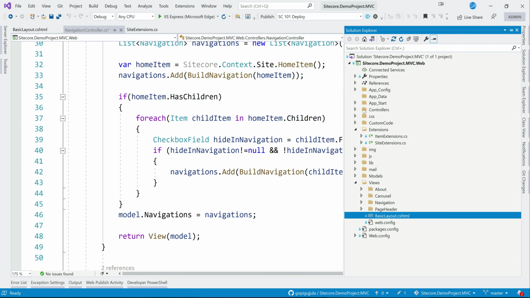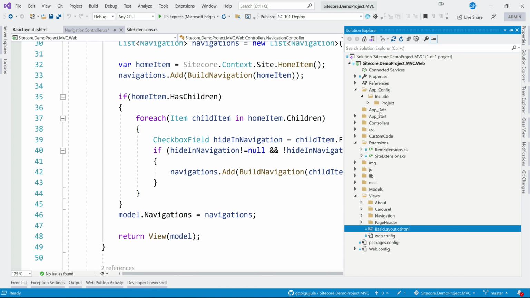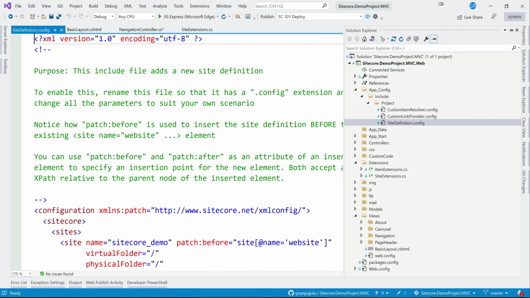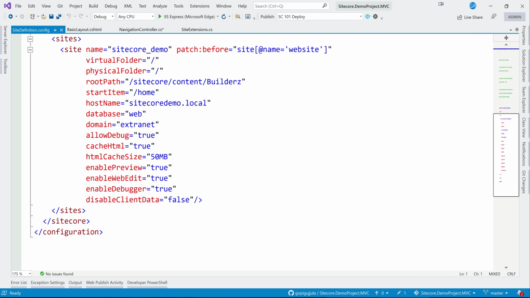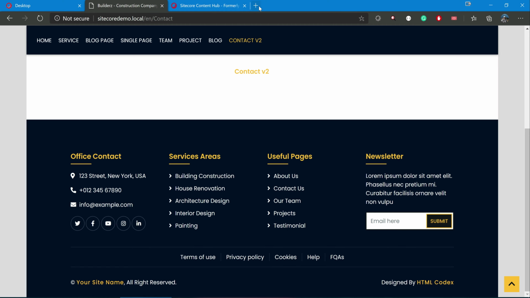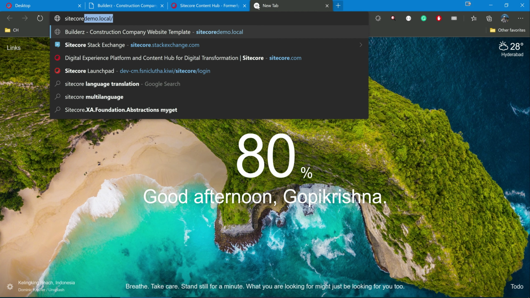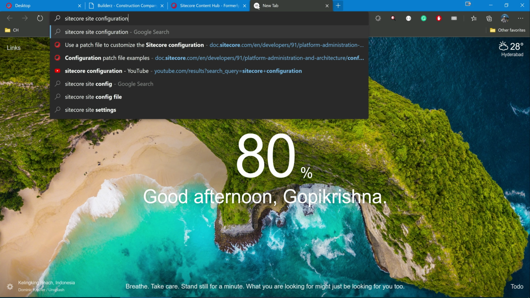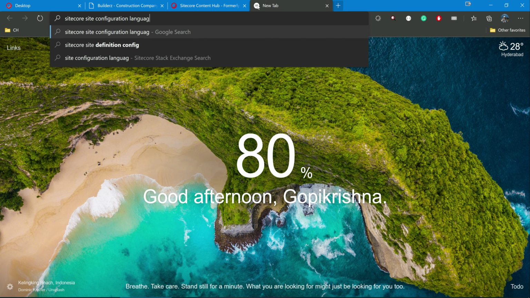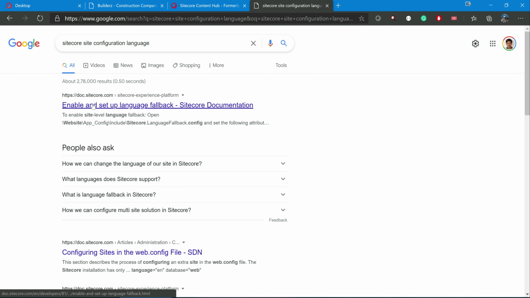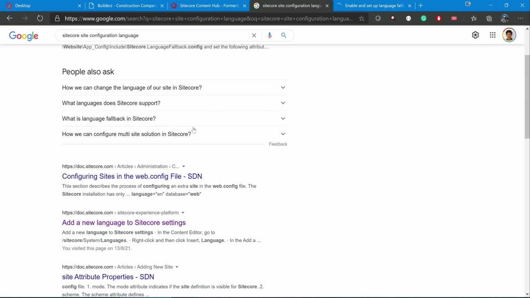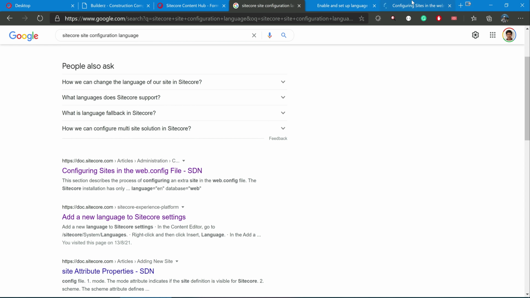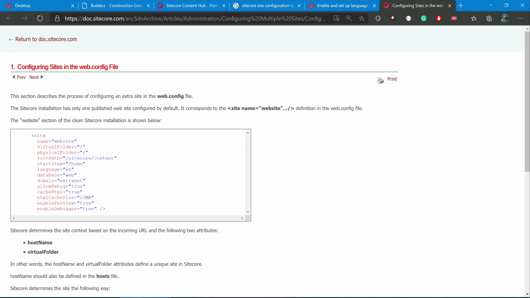One last piece is, let's go to the app config, site definition. Here you can also mention the language. Yeah, here it is.